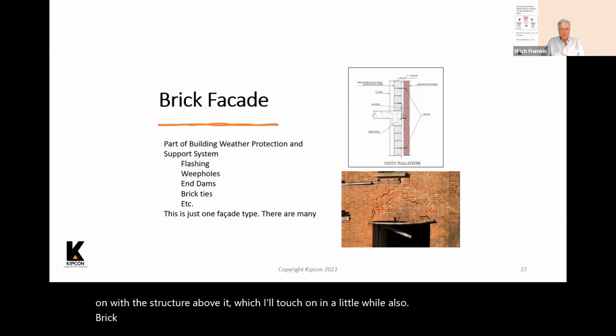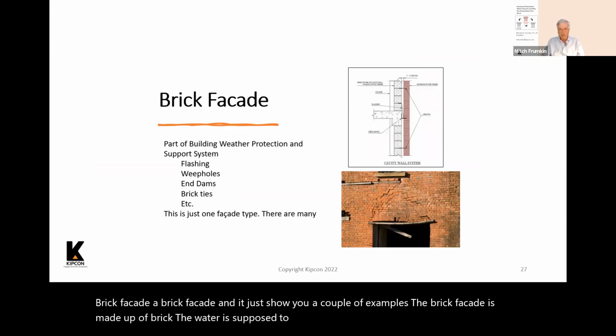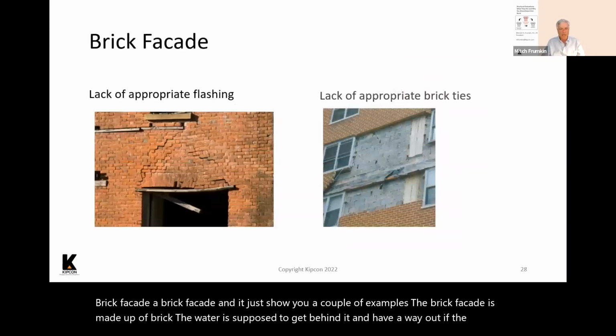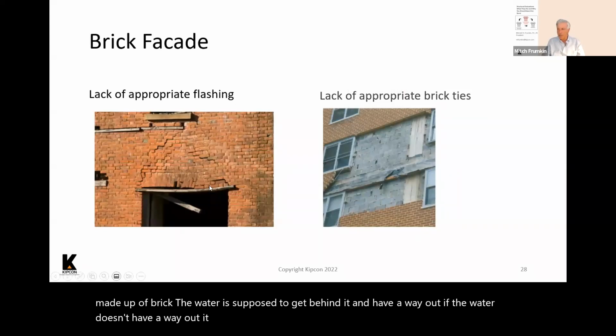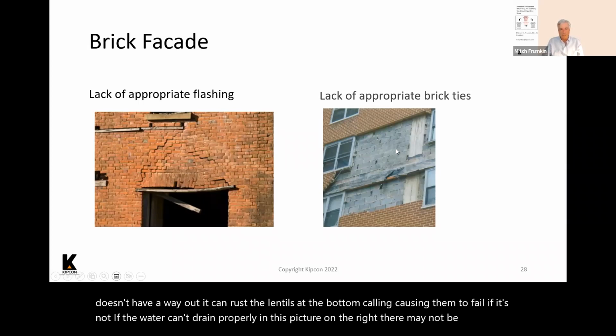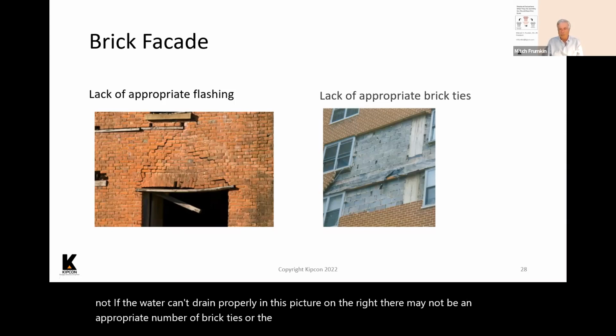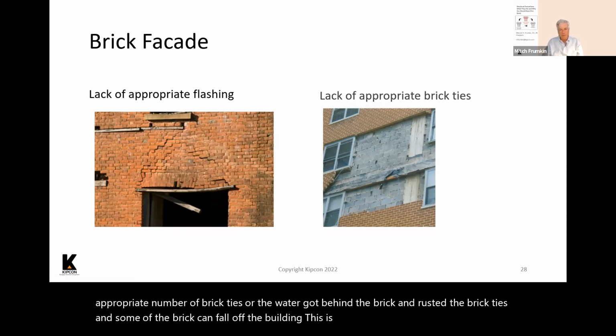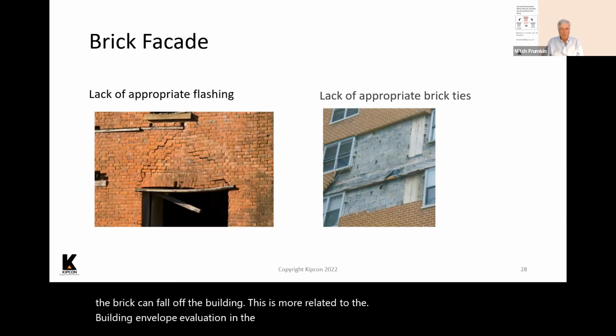Brick facade. A brick facade, I'm going to just show you a couple examples. The brick facade is made up of brick. The water is supposed to get behind it and have a way out. If the water doesn't have a way out, it can rust the lintels at the bottom, causing them to fail if the water can't drain properly. In this picture on the right, there may not be an appropriate number of brick ties, or the water got behind the brick and rusted the brick ties, and some of the brick can fall off the building. This is more related to the building envelope evaluation than the primary structure, but I wanted to throw in that